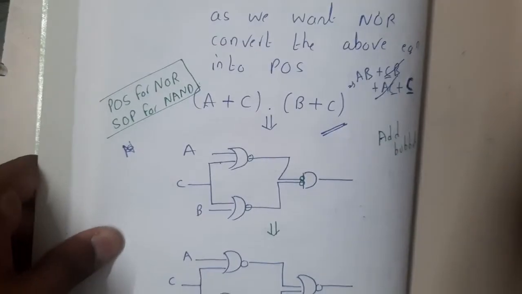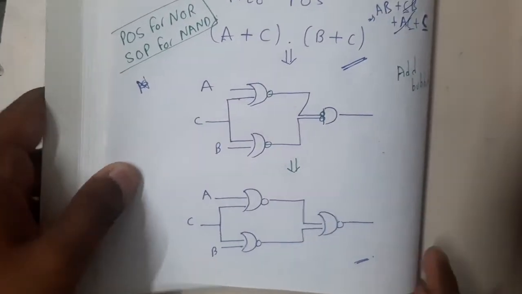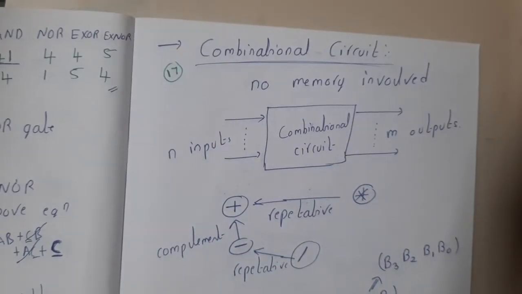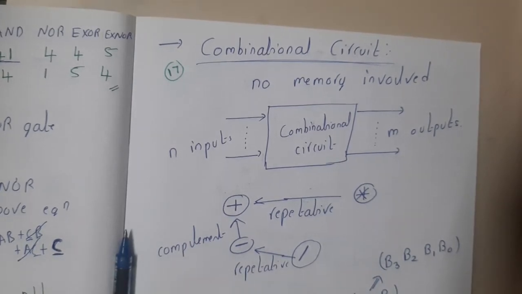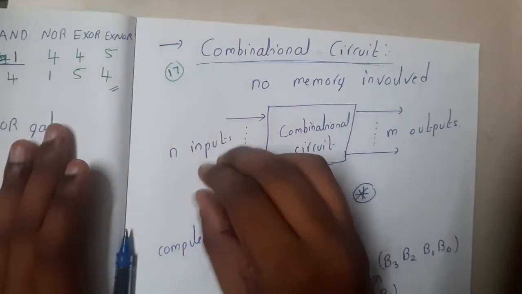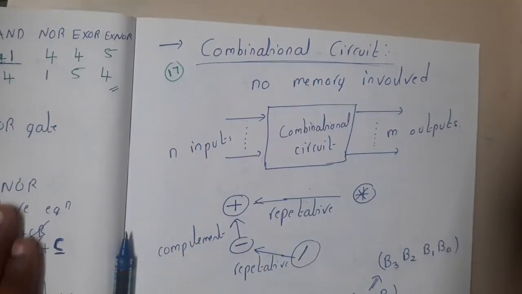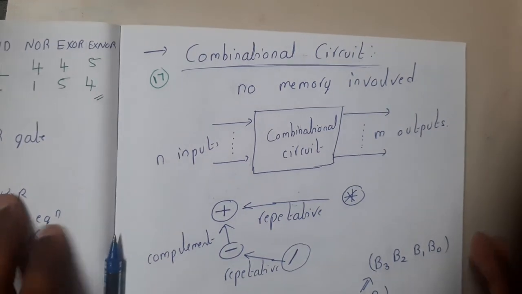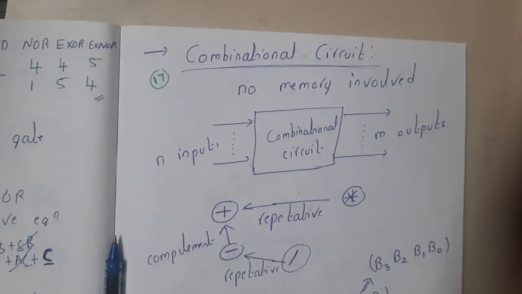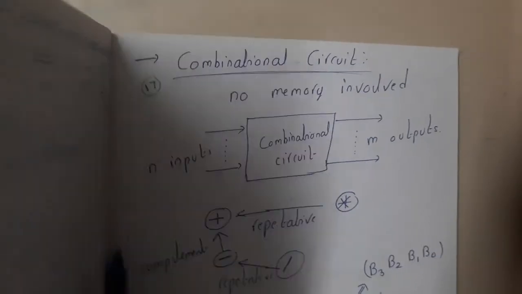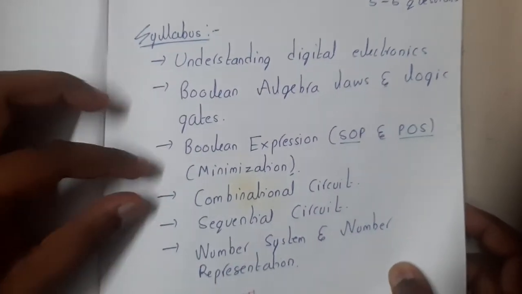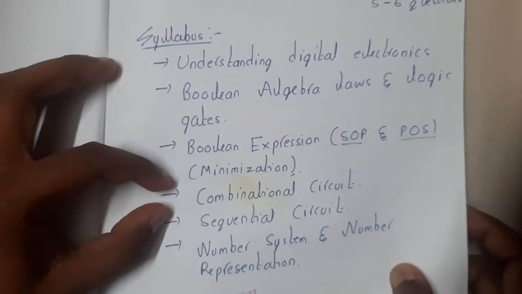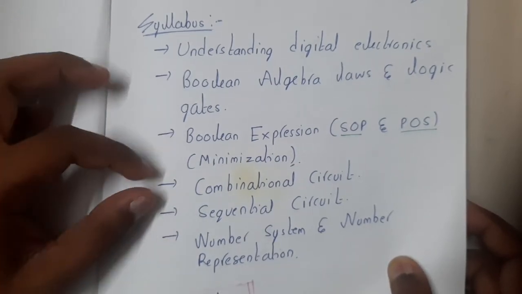I hope everyone got some basic idea, right? I think this is the 15th or 16th lecture of this particular series. Till now we completed half of digital electronics, guys. The first main part, where we tried to design the circuits, is done. From now on we will be moving on to combinational circuits, which is a sub-part of the subject. If you compare it with the syllabus, this first part is done, second part is done, third part is done. Now we are in combinational circuits. After that we will move on to sequential, and after that number systems. So now we are here.